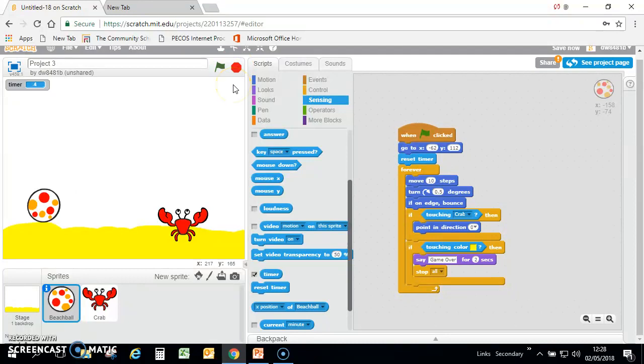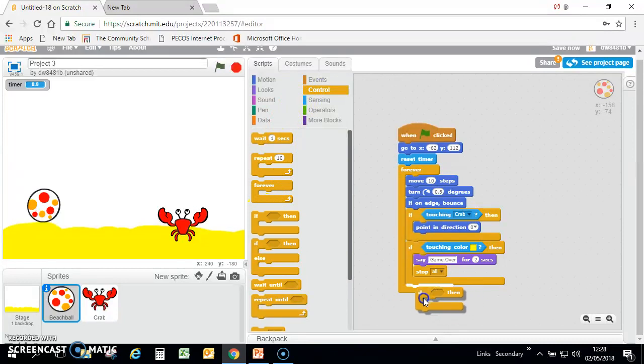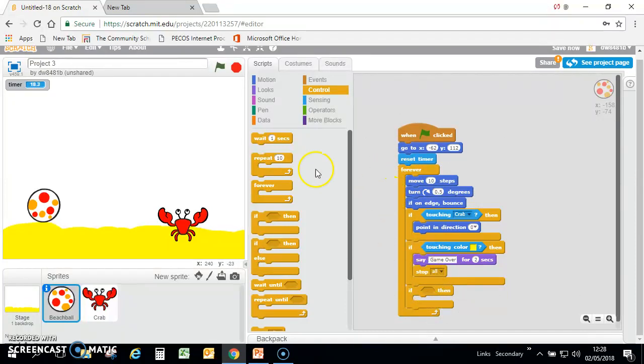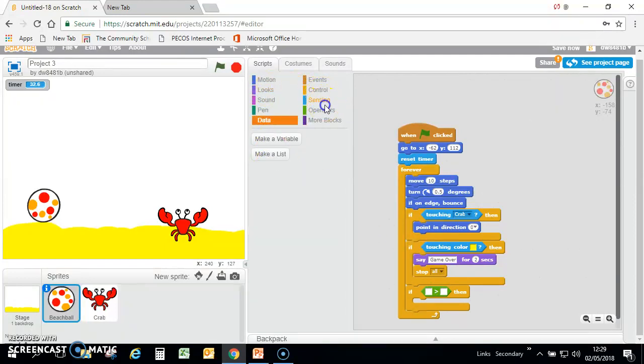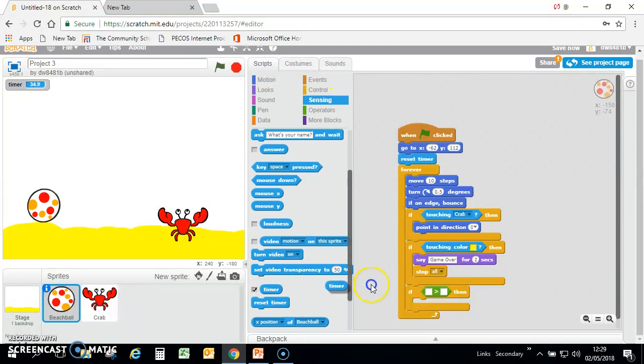Now, what we also want to be happening is we're going to put a third loop inside our if statement. We're going to put that inside there. And again, this will only happen for the duration of the game if this particular action is going to happen. And what we're going to do is we're going to use the timer to stop the game. So we're going to put a block in that says if one thing is greater than the other. And that code is going to say at this point in time, if the timer, which we have already in sensing, if the timer is greater than 10,